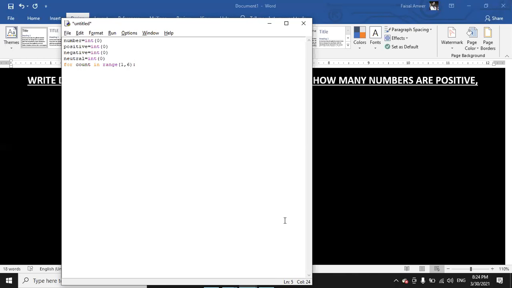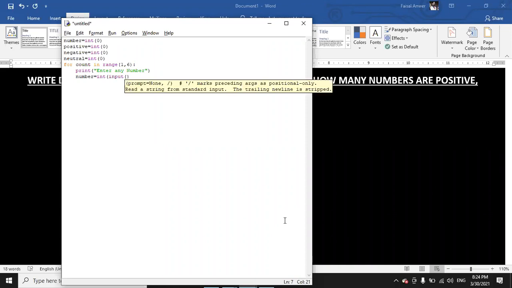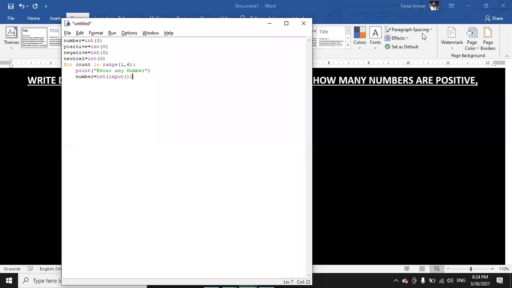So for count in range(1, 6), I shall print a message on screen: print("Enter any number"), and then number is equal to int(input()).